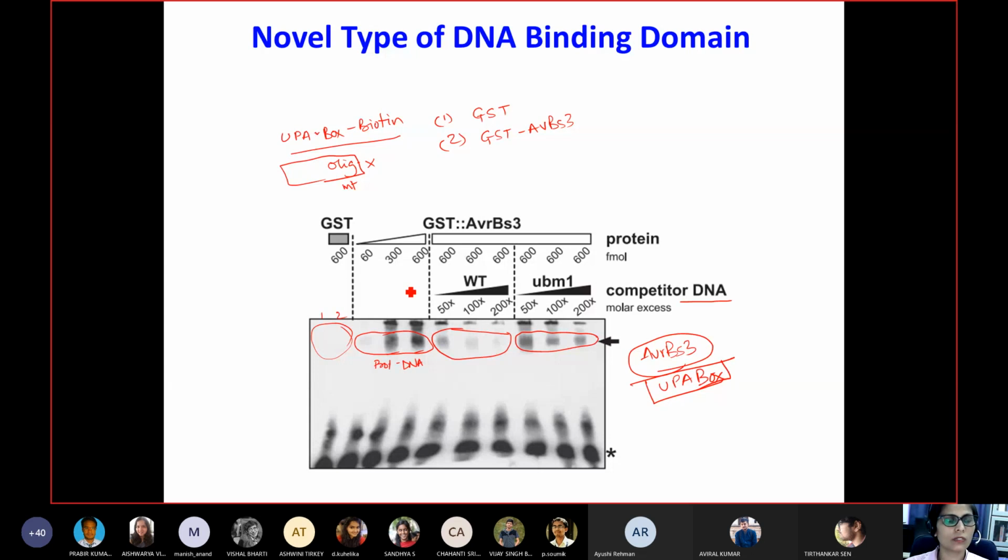We didn't know whether repeats had any effect or not, and only after structural studies were we able to see that amino acids at positions -1, 2, 3 and 6 were making direct contact with the bases. Here also repeats are important, and these ChIP assays as well as EMSA assays show that it is direct binding between a promoter sequence and the transcription factor. But what kind of base pairs are making contact? That only came after these two publications, one from Bonas's group and the second from Moscou and Bogdanove.